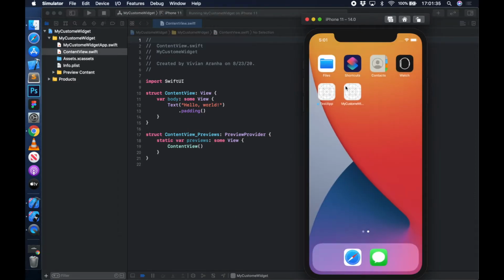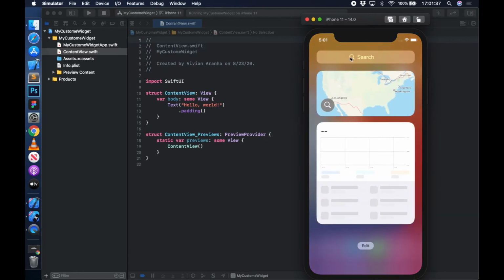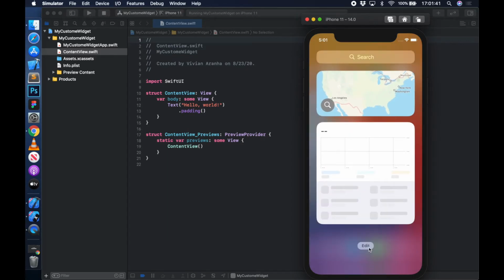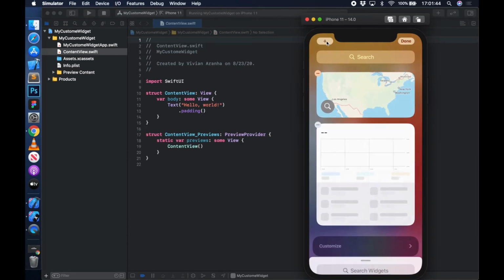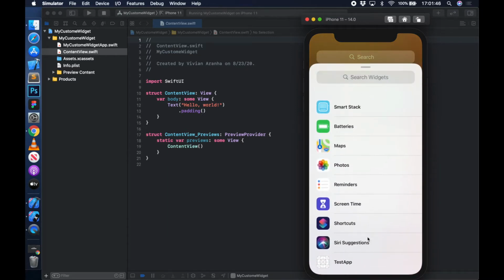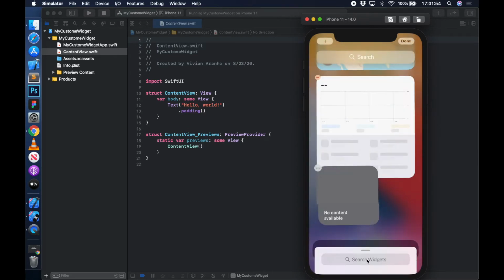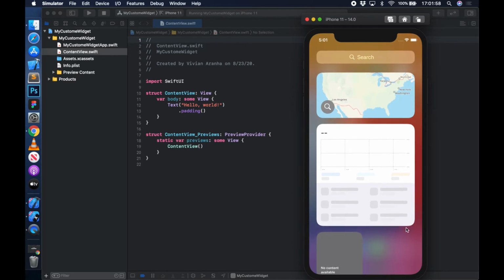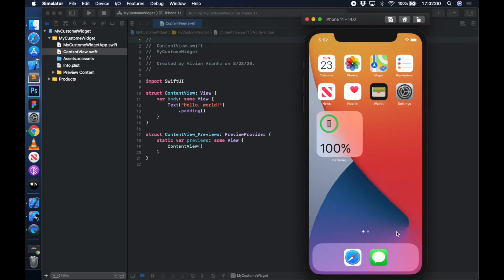And if you try to add a widget, let's say you go to your widget screen and say I want to edit my widget screen and I want to add a widget, you'll probably see some options. I've created this test tab before with widgets, and there are other options that you have, like photos. If I want to add photos, I can add this widget. So users can add it to their main screen here and then drag it to their home screen. So let's see how we create this.